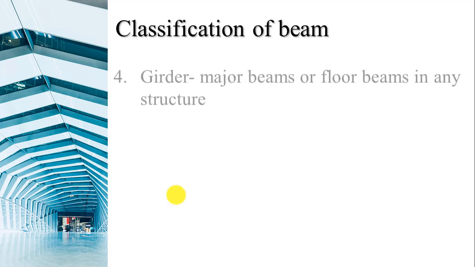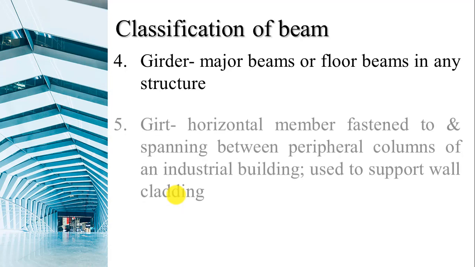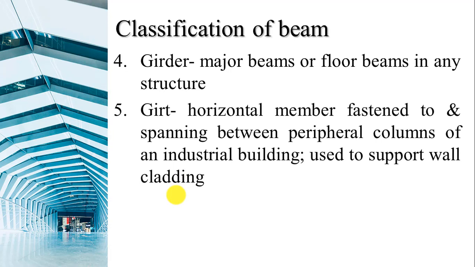Then let us see some more classification. The next term is the girder, which is a floor level beam, but the major floor level beam is called the girder or major beam. You might have heard words like plate girder or gantry girder. Basically, girder means the heavier beam, or the beam which is carrying very heavy load. Plate girders are mainly used for railway structures. You can imagine the load from the railway, how much load it will transfer on that beam. At that particular place we need a girder, meaning a beam which can carry heavy load. That is why it is called the major beam.